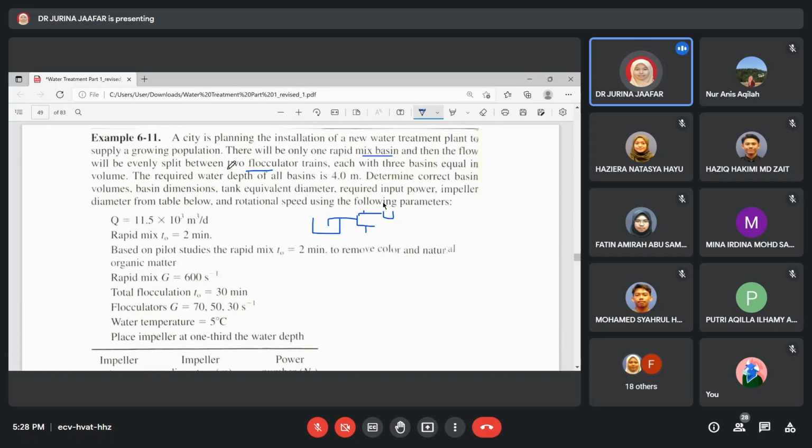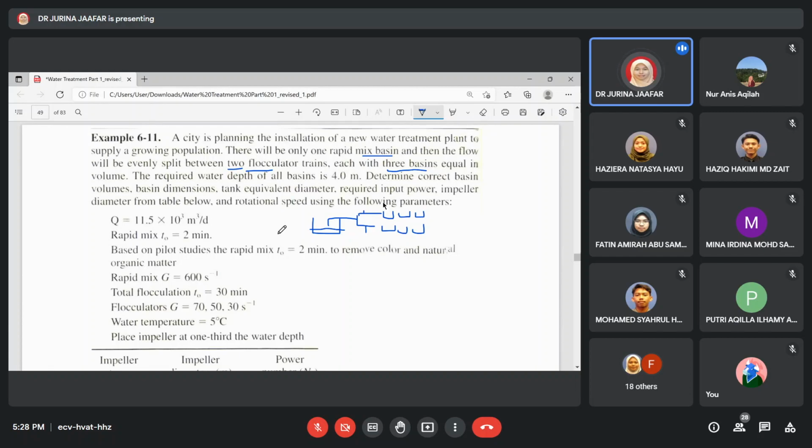They have two flocculator trains and each of the trains will have 3 equal basins. Okay, this is roughly how it looks. So from the rapid mix basin, it will flow out into two trains, and then from each of the trains, you will have 3 equal volume basins, and the water depth